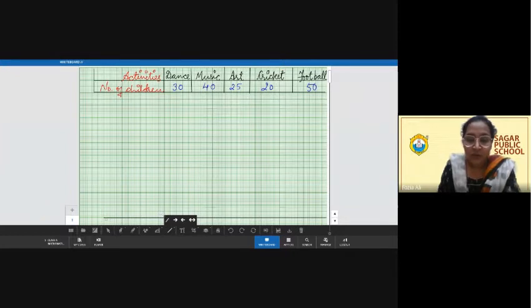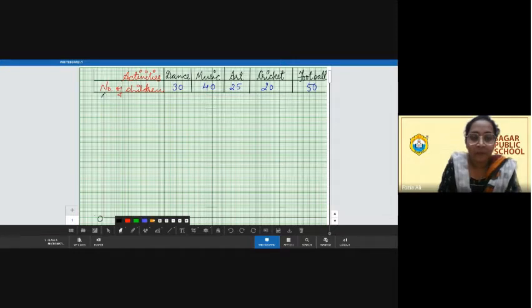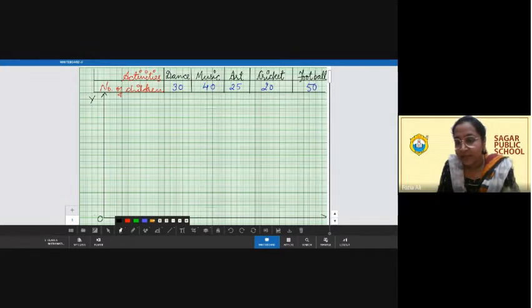So this is the horizontal line or the x-axis, and this one which I am constructing, it is the y-axis. And the point where these axes are meeting, it is known as the origin, or we can mark it as 0. This is y-axis. I need to write y over here, the vertical one, and this is x-axis. I need to write x over here, the horizontal.